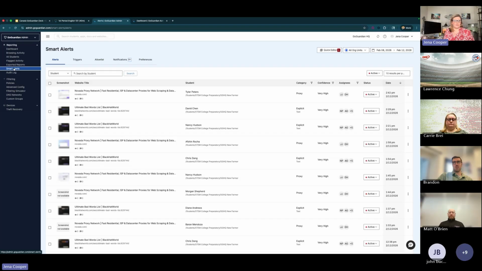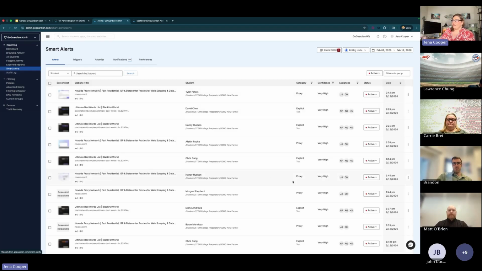So I'm wondering, any of you that are IT leaders, how many of you play whack-a-mole with proxy sites all the time? All right, I got some quick hand raises on that one. We have created smart alerts for proxies. No more whack-a-mole, or at least a lot less whack-a-mole. Our feedback from our customers on this has been literally that this is a game changer. We can sniff out those proxy sites and block them from getting to them so that you are not constantly getting into this game of whack-a-mole with your students.